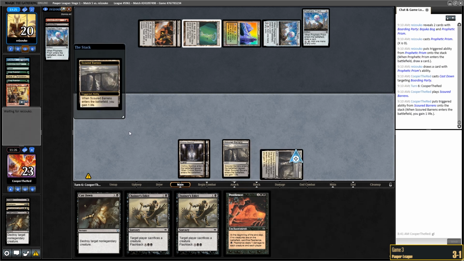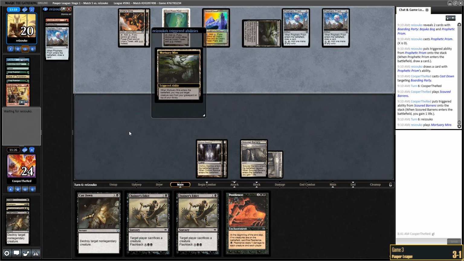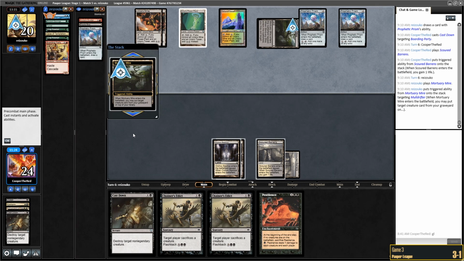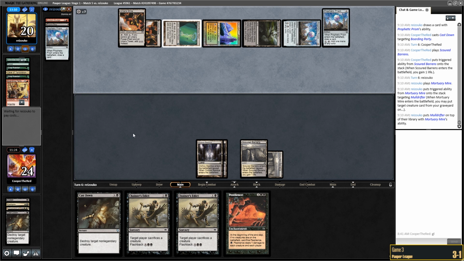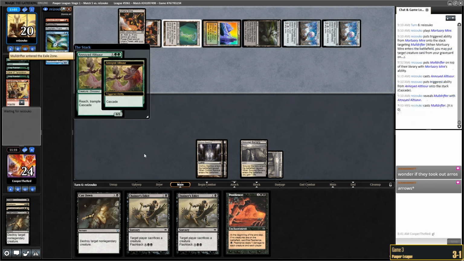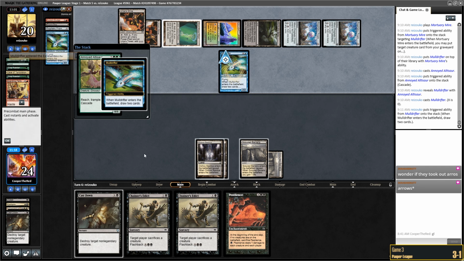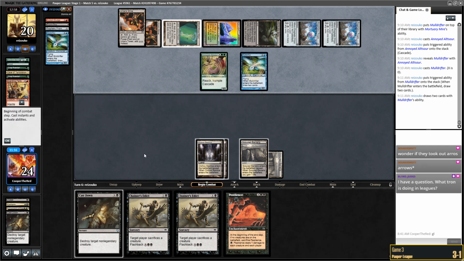Pestilence, we don't have a creature on the board, so pass. Mortuary Mire gets them back. Muldrifter or Boarding Party? Gonna be the Muldrifter. Oh, wow, this is pretty good. They have an Altasaur, so they got to set up the Mire into Muldrifter. Pretty good. Wonder if they took out Arrows? I mean, they don't know how to use the card, so they should probably take it out. We got double Edict here, I think is probably the plan. Although if we double Edict, we're setting ourselves up to get got by...